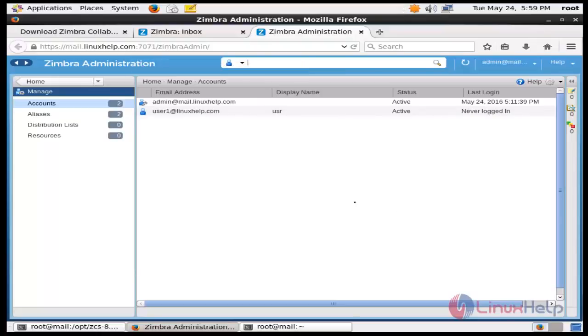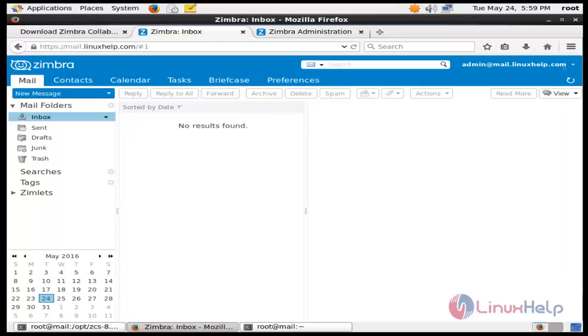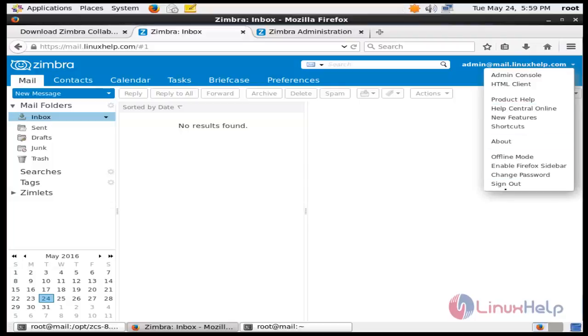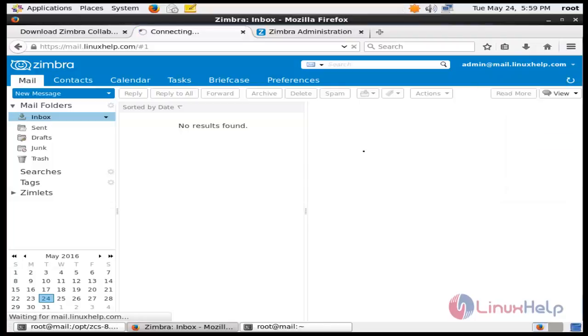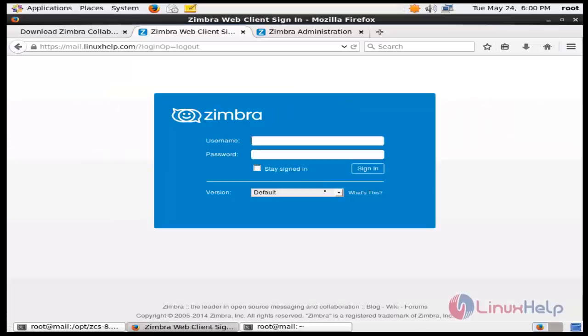So now we can log in through the user. I am just logging out of the admin panel, and now logging into the user. It is user1 at linuxhelp.com, and the password is 123456. So if you give enter,